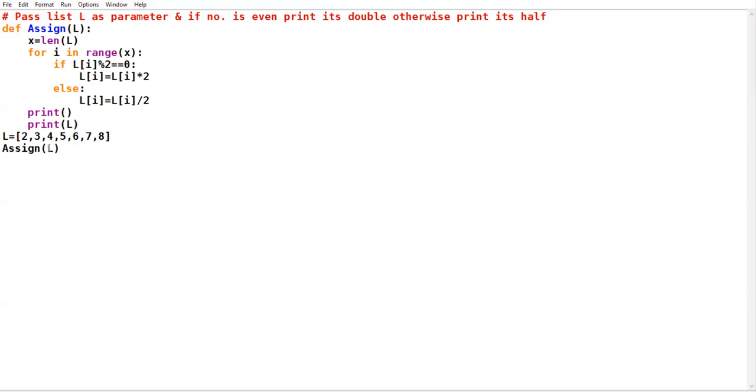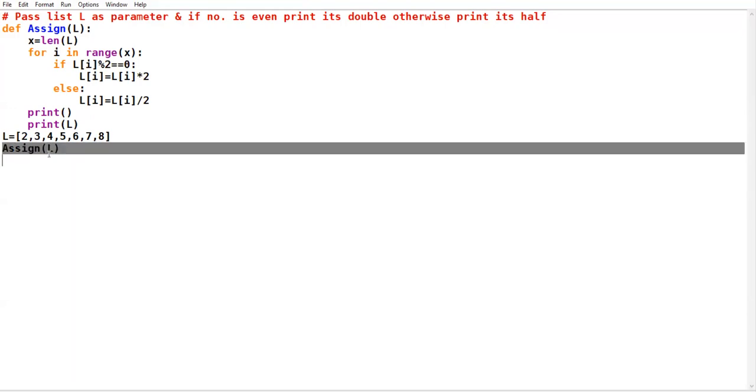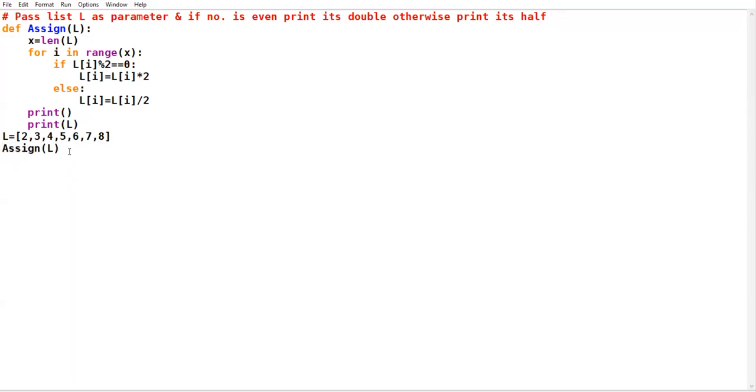This L is the actual argument. This L which I have passed in the calling of the function is the actual argument. The value of the actual argument will be received by this L. This L is a parameter.